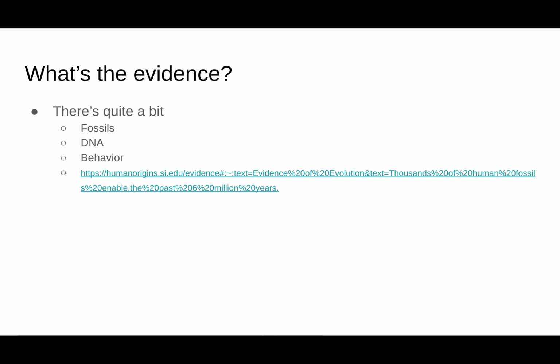There's fossil evidence. We can look at our DNA, and with chimpanzees, as I mentioned several times, we share 95 to 99% of our DNA. So we're very, very close. In addition, we also share a lot of behavior with chimpanzees, the capacity to think, the capacity to use tools, bipedalism, things like that. Lots and lots of evidence out there for sharing common ancestors with chimpanzees and being very, very